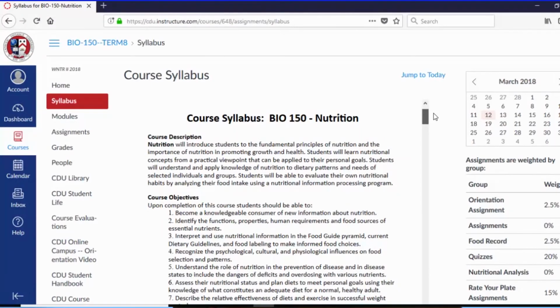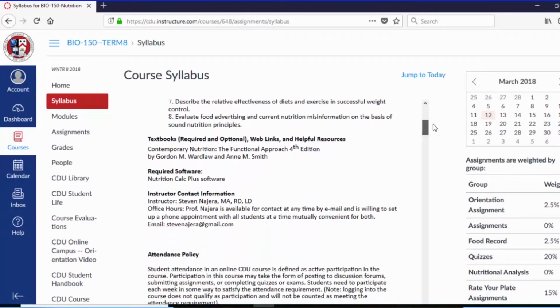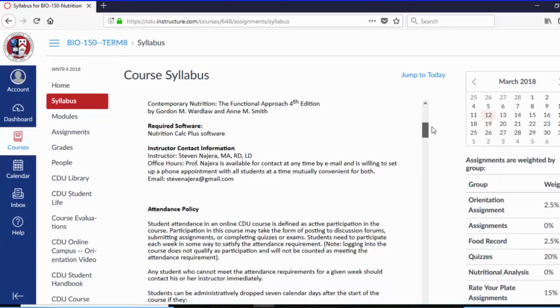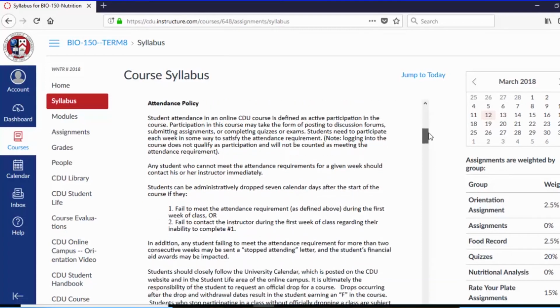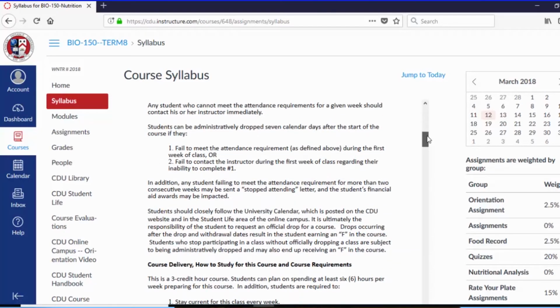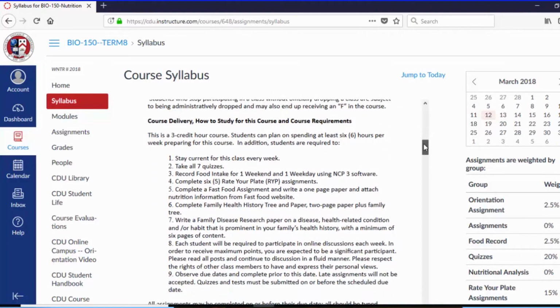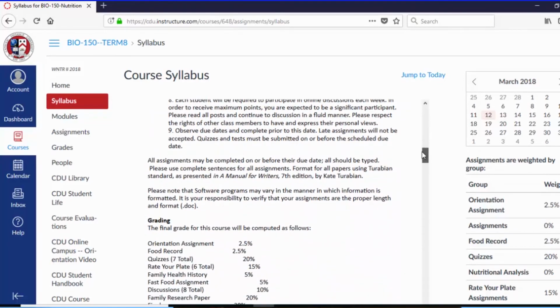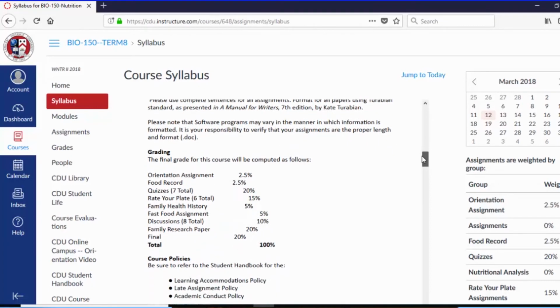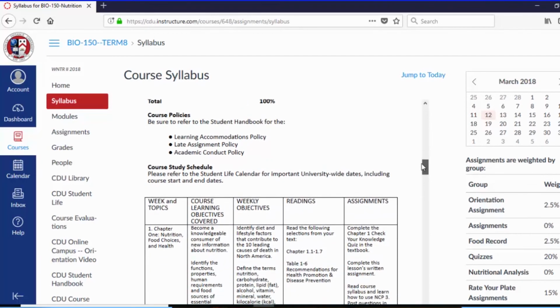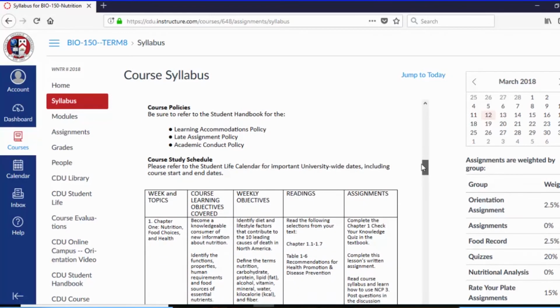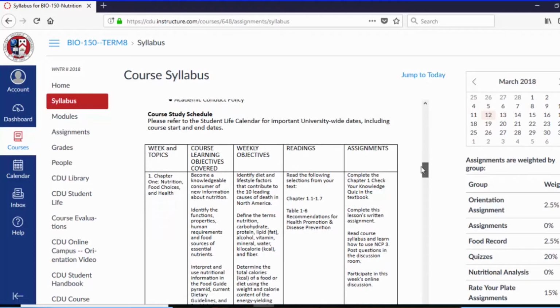In the course syllabus, you'll see the description, you'll see the course objectives, you'll see the required textbook, required software if there is any, because occasionally courses will use e-textbooks, the name and how to contact the instructor, the attendance policy, which I will cover fully in another segment, how to study for the course, and what the course consists of, how the final grade will be determined, policies in the course,